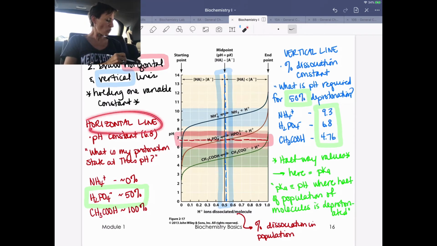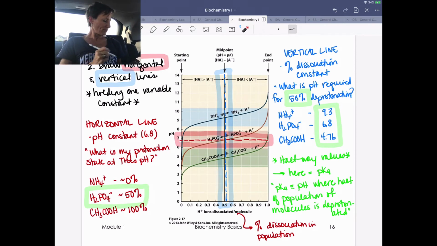So let's take first horizontal lines. If we're holding a horizontal line, that means we're keeping pH constant, okay? So if we're keeping pH constant, we're asking, how does this percent dissociation change as a function of these 3 different graphs that we have here, 3 different lines. So when we draw a horizontal line, we ask, where do we intersect each of these different lines? So the question we're really asking, because we're holding pH constant, is what is my protonation state